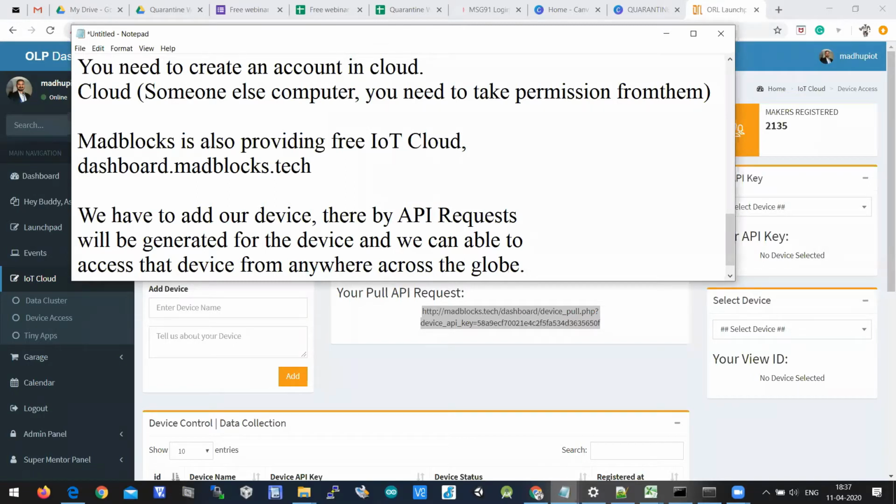If there is no API, then we cannot access the device. So by using the API request, we'll be accessing our device. The device can be anywhere, but it has to be connected with the internet. If it is connected with the internet, we can access it.